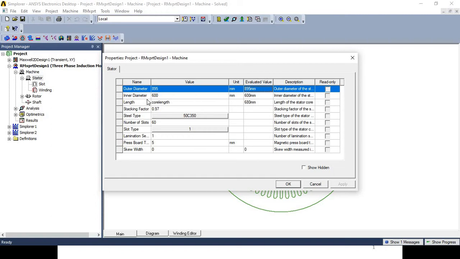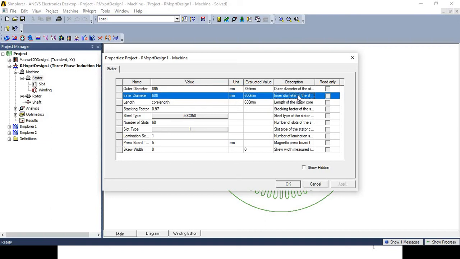Next parameter, inner diameter. What is the meaning of it? Inner diameter is nothing but the inner diameter of the stator core. We had considered that value as 600 mm, which is also shown in the evaluated value. That is, the outer diameter and inner diameter are now selected.